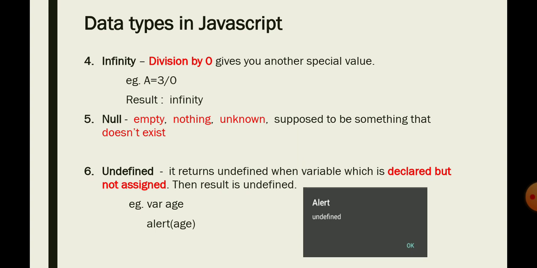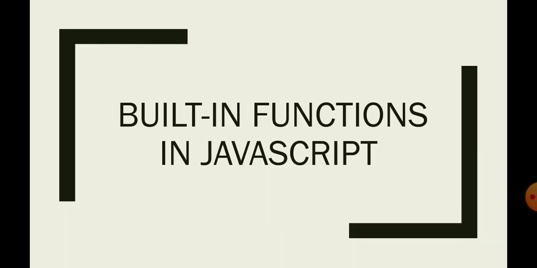Now, let us see built-in functions. But before that, we will see what a function is. Function is used to perform repetitive tasks whenever required. It is a reusable code block that will be executed when it is called. Actually, functions have two types. First is built-in function, also called predefined function, and second is user-defined function, meaning the user writes code for the function, and predefined means it is already present in JavaScript.